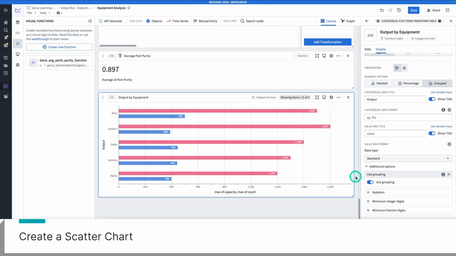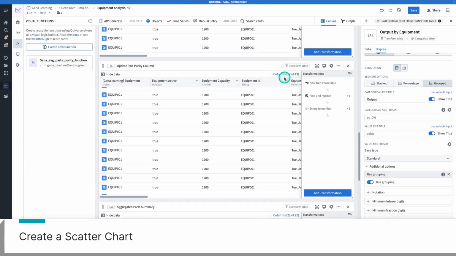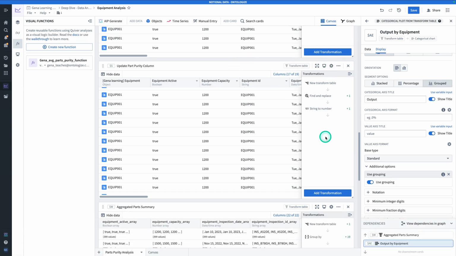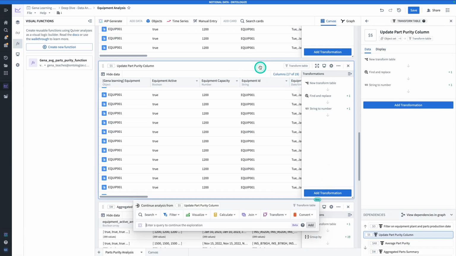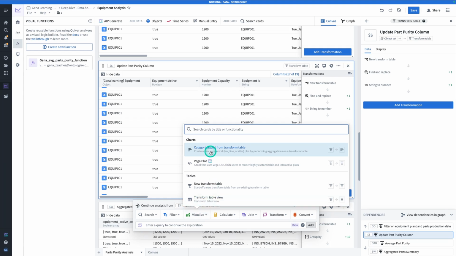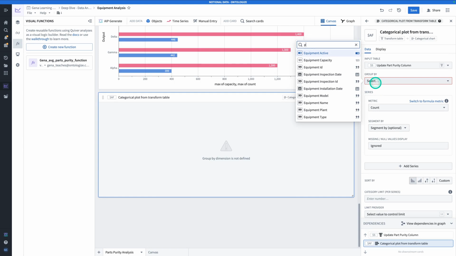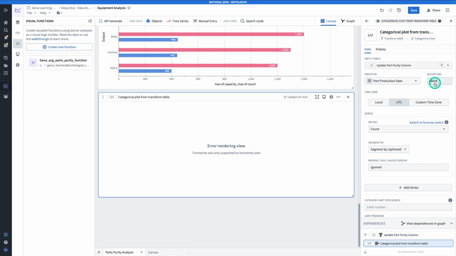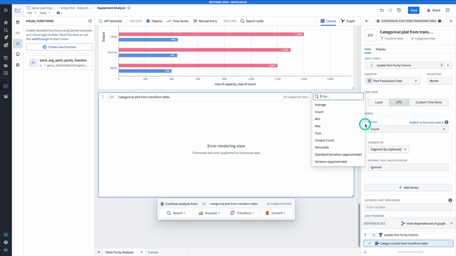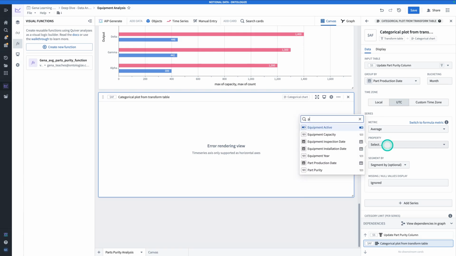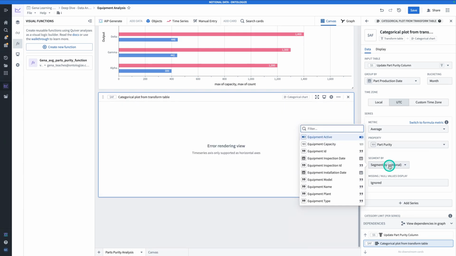Now, next up, we're going to create a scatter chart to display part purity. And so we're going to be starting from the update part purity column card. So we're going to click on that, and then hit visualize, categorical plot from transform table. And we're going to be grouping by part production date. So let's change the bucketing of this date instead of week to months. And so for this series, we're going to make this average part purity, and we're going to segment by equipment